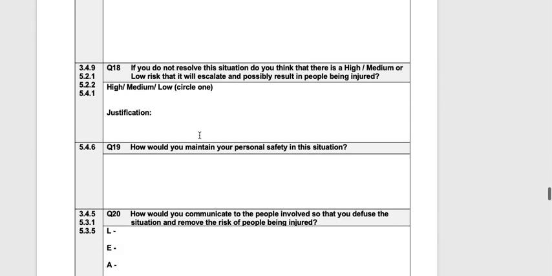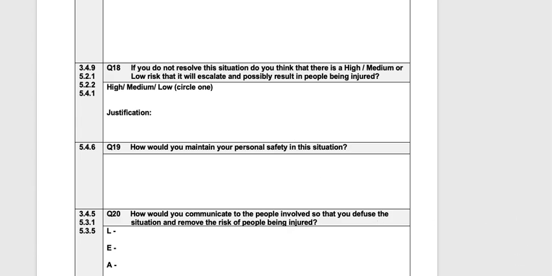So how would you maintain your personal safety in this situation? Well, again, you would do this by using SAFER. So this is where it all comes in, okay? This is what we've taught, this is what we've learned. So you answer that question now with regards to the scenario, to the narrative on that, and everything that we've gone through. Okay, so a bit of a